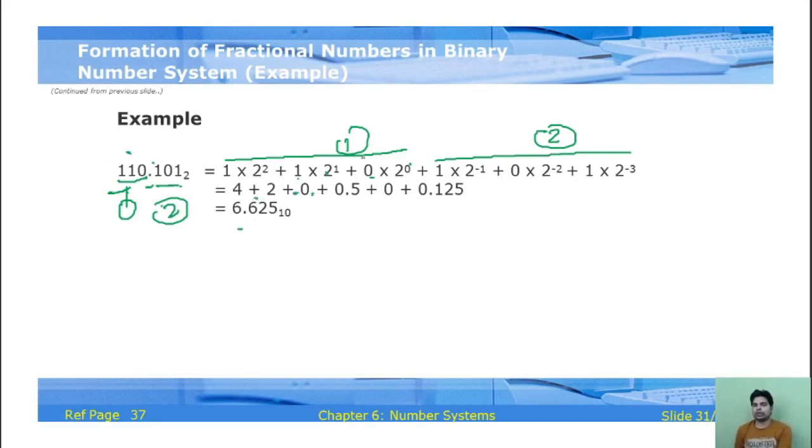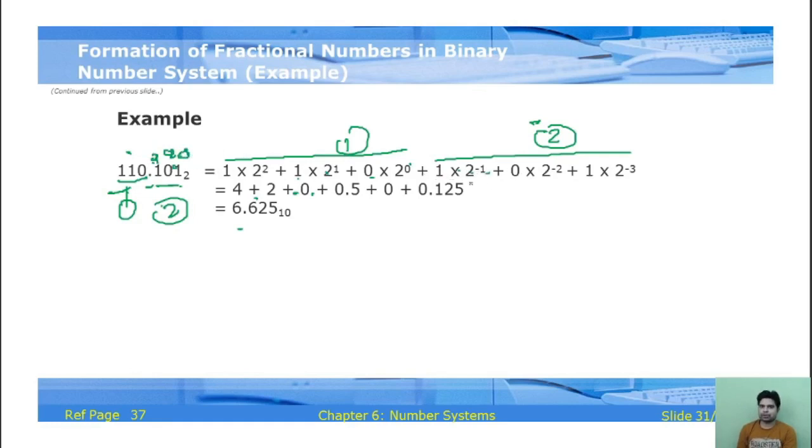And here, 4 plus 2 plus 0 gives 6. Now we talk about the second part, 1. In the integer part, before the point, we start from right to left, and in the case of after the point, we start from left to right. So that is 1, this is the first number, then the second and third number, that is 1 times 2 to the power minus 1,